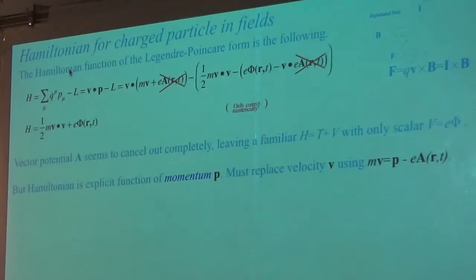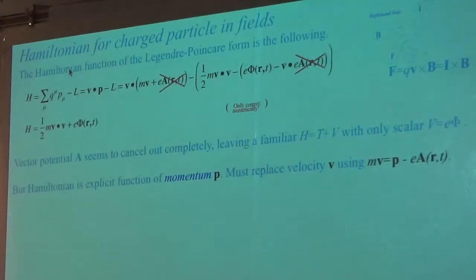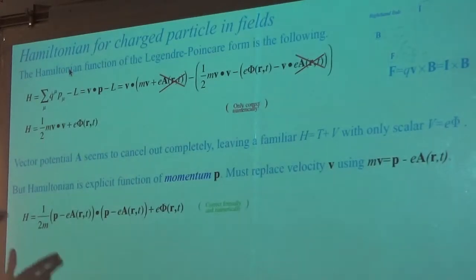Yeah, that expression is physically meaningful because the vector potential is a vector, but the Hamiltonian is a scalar, so you cannot have any vector in the expression by itself. And now we're going to have them dotted, right? And some cross terms. So this is the formally correct and also numerically correct